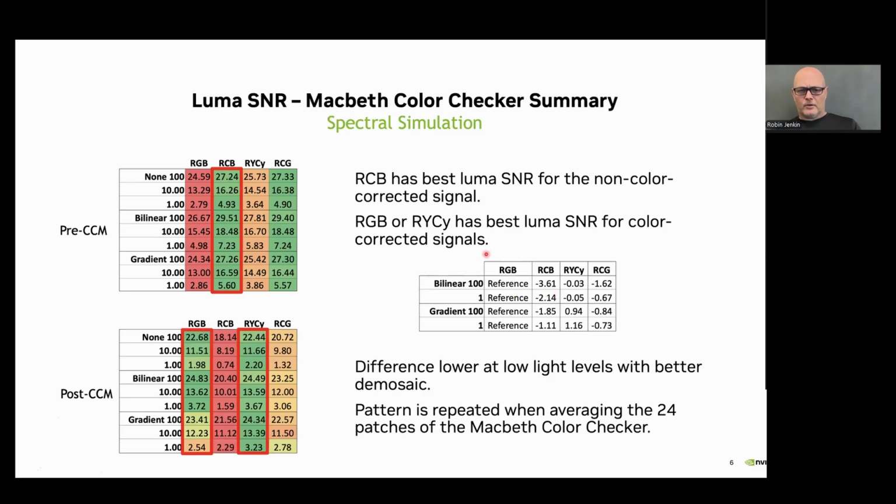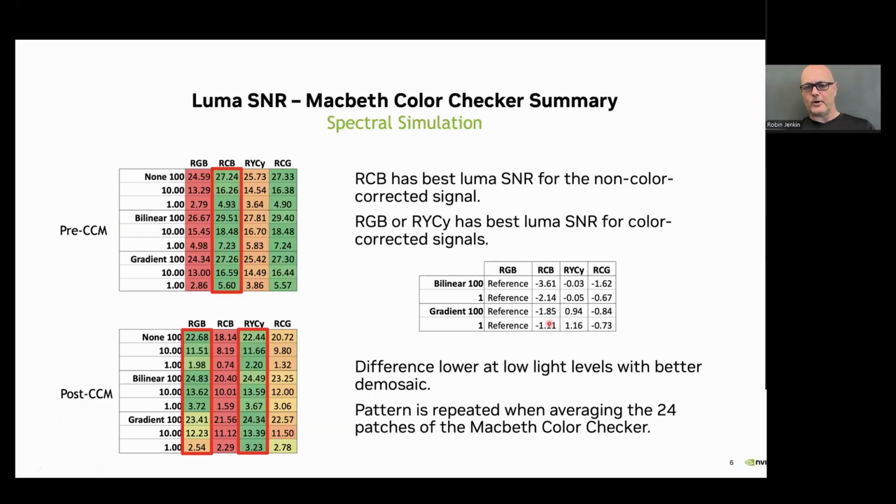And if we look at the RGB and then look at an average, and sorry, I should have said these are average for all the patches of the Macbeth color checker chart. So if we summarize those across all demosaic types and all patches, we see that with reference to the RGB system, post-CCM, RCB is losing anywhere between 3 and 1 decibel